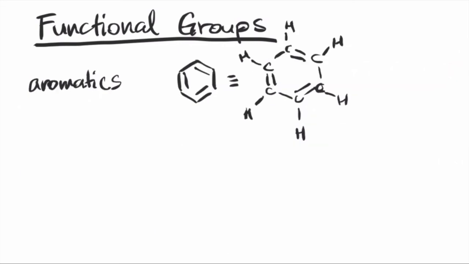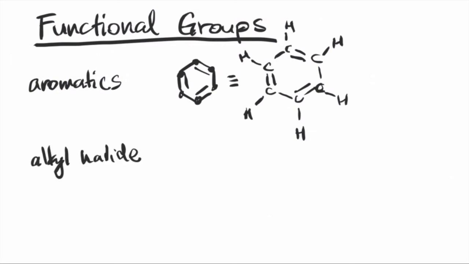Actually, there's another group of hydrocarbons. They are called the aromatics. One example here is benzene. Aromatic compounds contain 1 or more rings with pi electrons that are quote-unquote delocalized all the way around them. Aromaticity is quite a complicated concept, so we will devote a whole lecture on this later on. But for now, if you see a ring compound with alternating double bonds, it is likely an aromatic functional group.